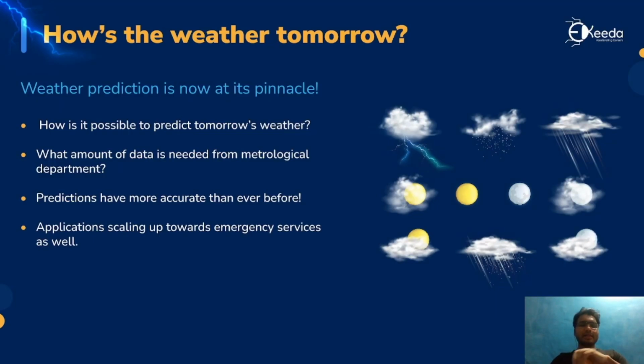This is an example where we are seeing a particular use case of data science. Let's just see an example: if you want to predict what the weather will be tomorrow. It's not a very new thing in the market. You might have been seeing for the past couple of years that news channels predict the weather for tomorrow or the day after tomorrow.